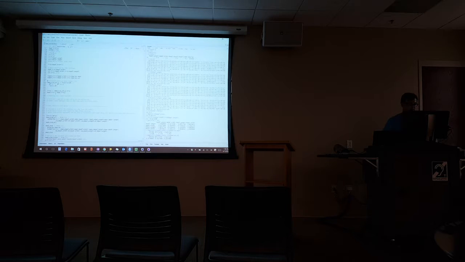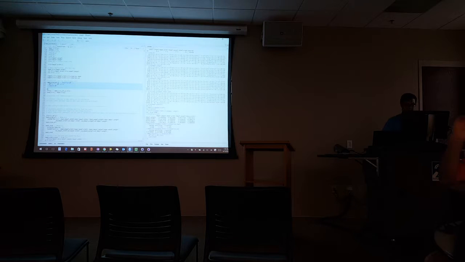I wanted to mention that functions work on data frames too. So I have this add one to call one. It takes a data frame as an argument, and it takes the first column and adds one to everything in it. And then it returns the data frame. So let's run this. And the reason we have functions that work on data frames, later on when we get to dplyr, we want functions that work on data frames.